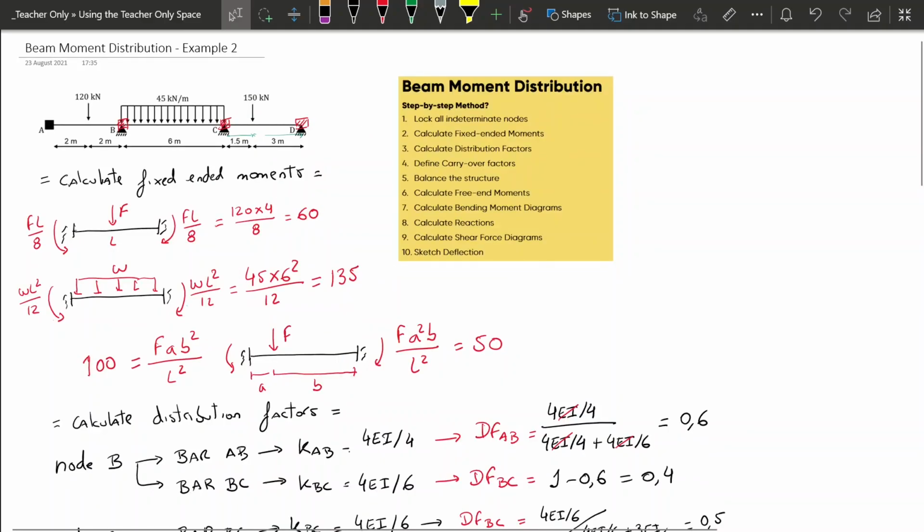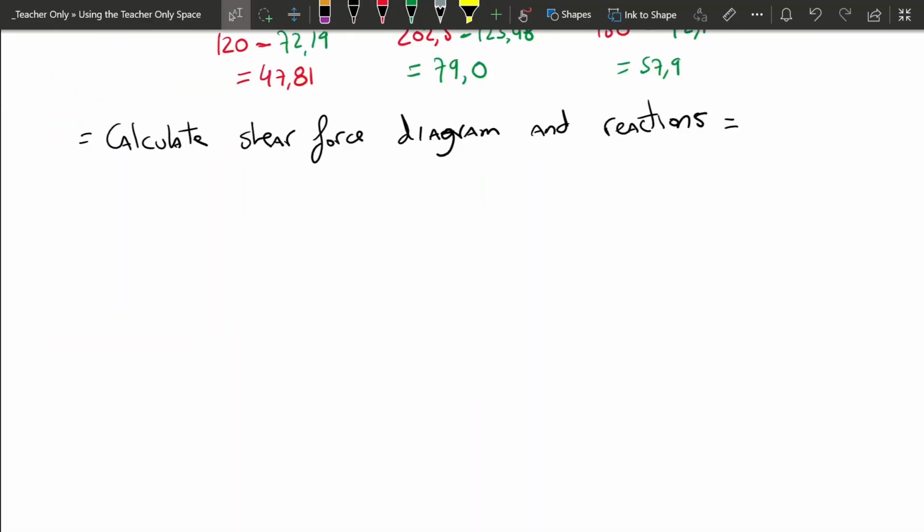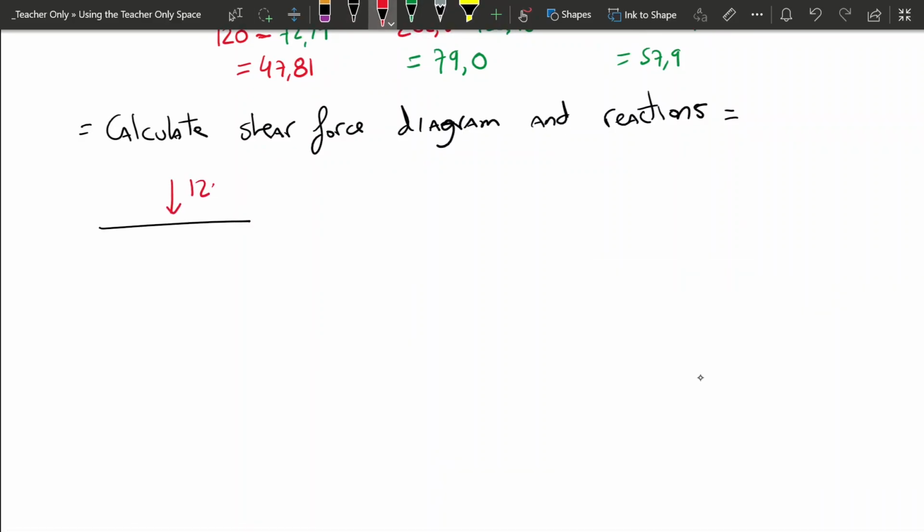So now that we're done with the bending moment diagrams, we're going to do the reactions and the shear force diagrams together. And here we have to do the three cases one at a time. So let's start with AB. We know we have a load in the center that is equal to 120, and we have moments in the edges which are equal to